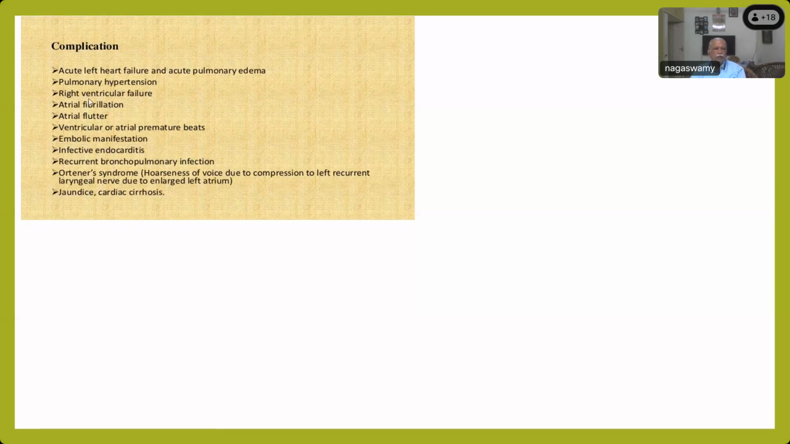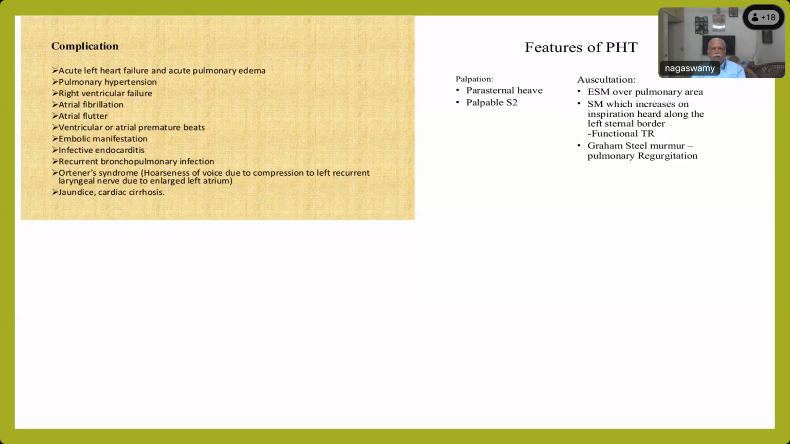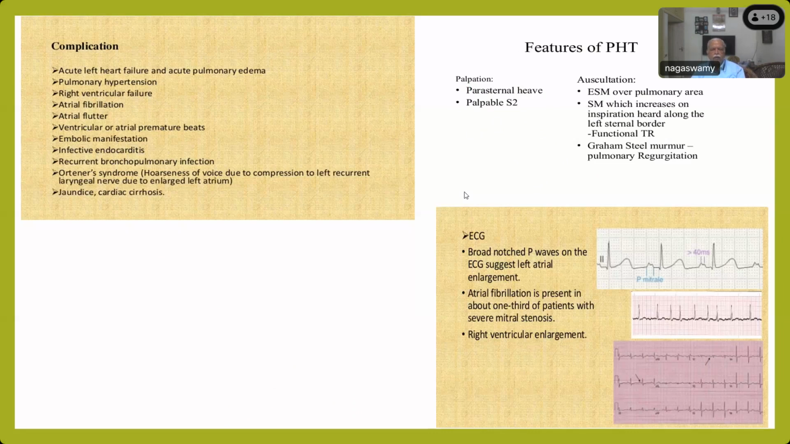Complications, of course, all of you know all these: arrhythmias, left heart failure, pulmonary edema, and recurrent infections, all those things. And features of pulmonary hypertension are parasternal heave and a palpable S2. And the ejection systolic murmur over the pulmonary area also, which will tell you about the severity. Clinically itself you can find out. And the ECG changes are